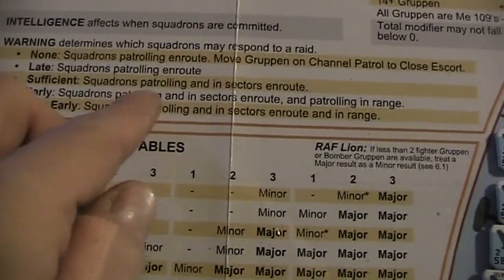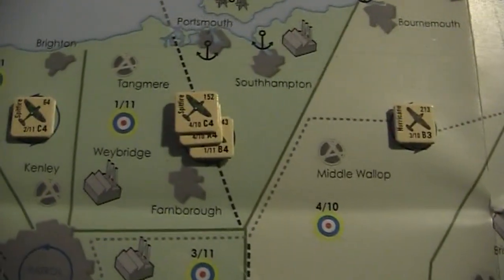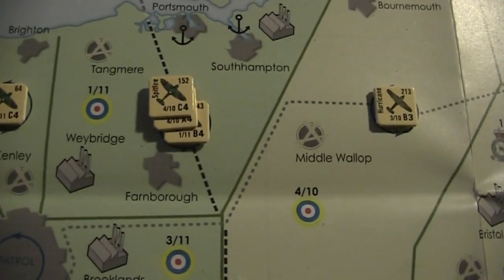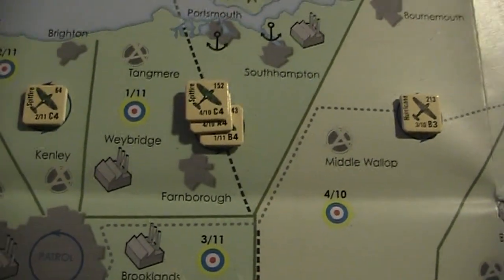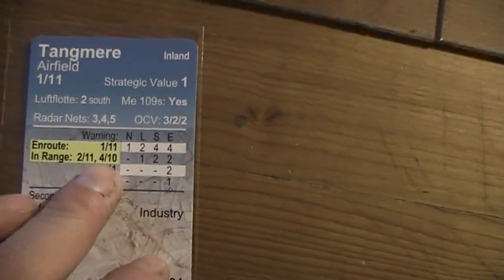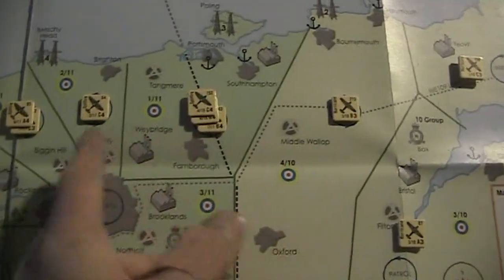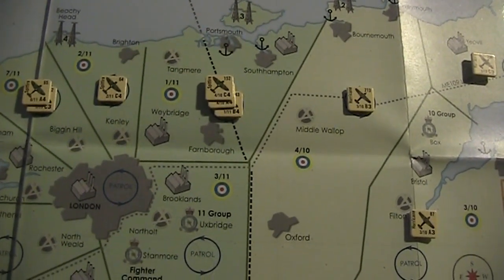We can send squadrons patrolling in sectors en route and patrolling in range. So en route would be the 111. We got 3 there that are patrolling. And 211 and 14, these are the ones that are in range. Well,